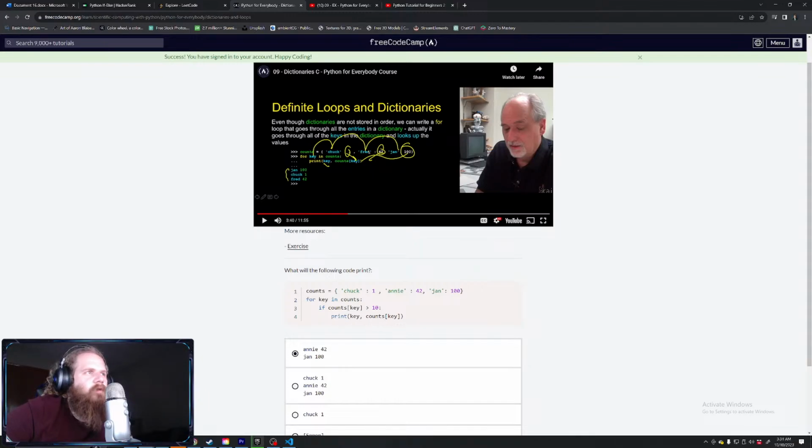So I have a feeling this is called counts just for this. Print key, Jan, then print how many times that's in the dictionary. What's the count of the key? So I just need to know that. I just need to remember